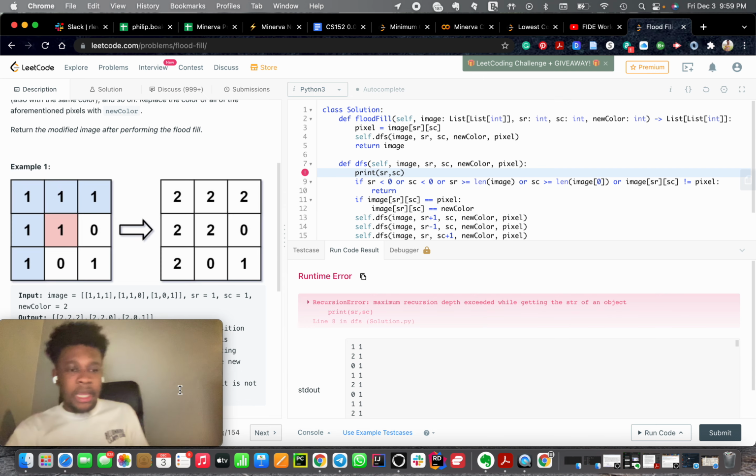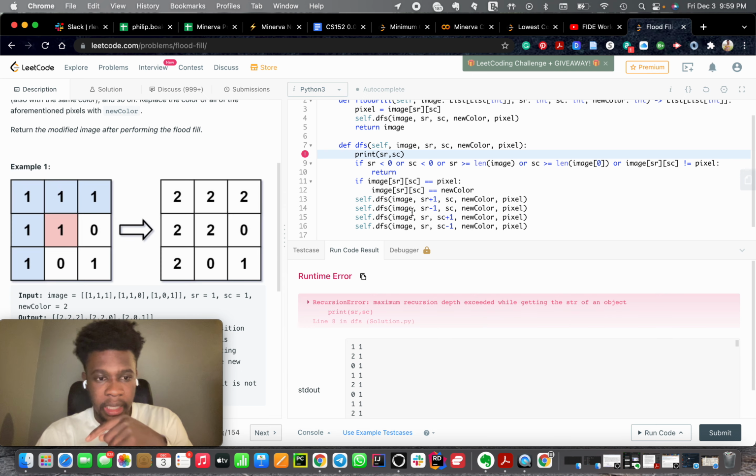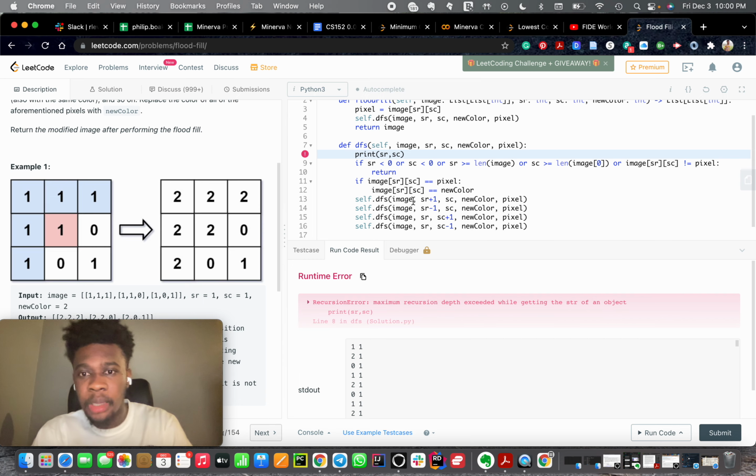So as you can see, sorry guys for the distraction, but I think that's the problem with recursion, because now if it goes to the new one, it doesn't update the image in here. That's problematic. So the only problem here is we have to, let me see,